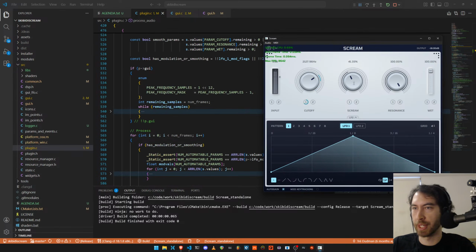And Scream is controlling literally just the high pass cutoff. So the higher the Scream filter is, the higher the cutoff is. And at some point you don't even get any distorted sound because it's all being filtered out,